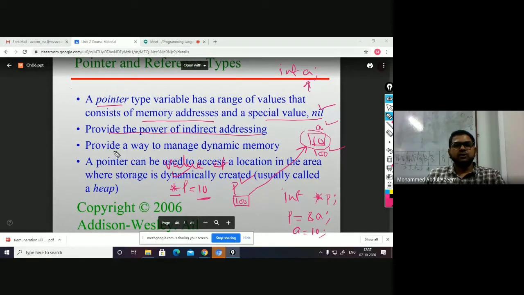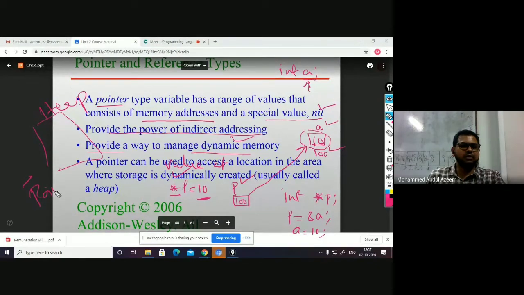So it provides a way to manage dynamic memory. To allocate and deallocate memory during runtime, you can use pointers. The memory allocated during runtime from the heap can be accessed with the help of pointers.